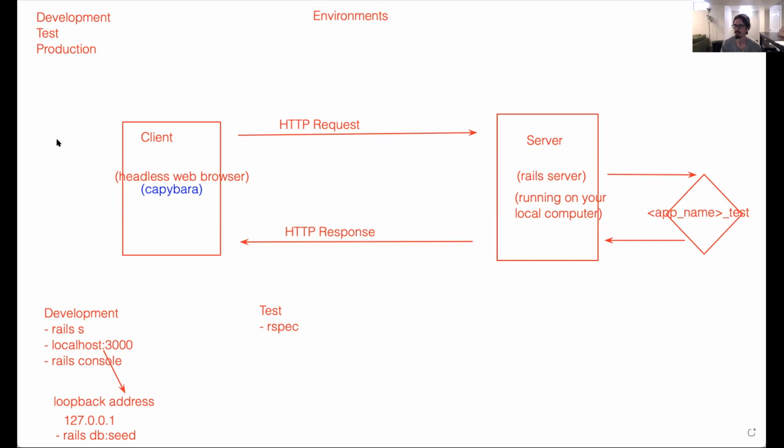I know Selenium is one. I don't know if Selenium is technically a headless browser. I think it's more of a headless JavaScript engine. But anyway, we don't need to get that deep into it. But the answer is yes. There are other types of headless browsers that are used in testing, especially if you're working in a different tech stack. So if you're not working in Ruby and Rails, probably not going to use too much